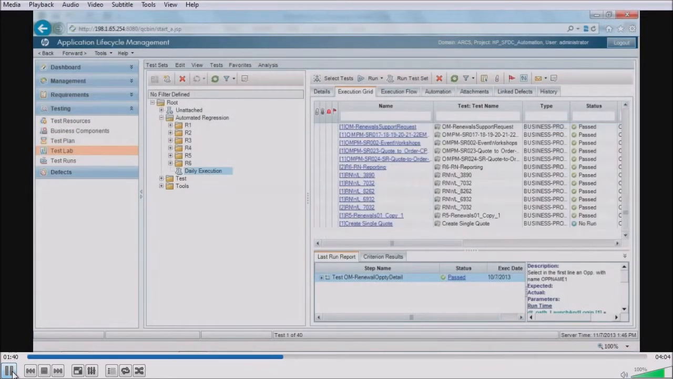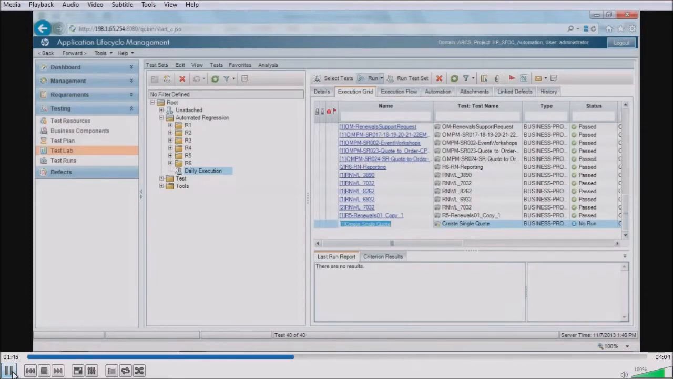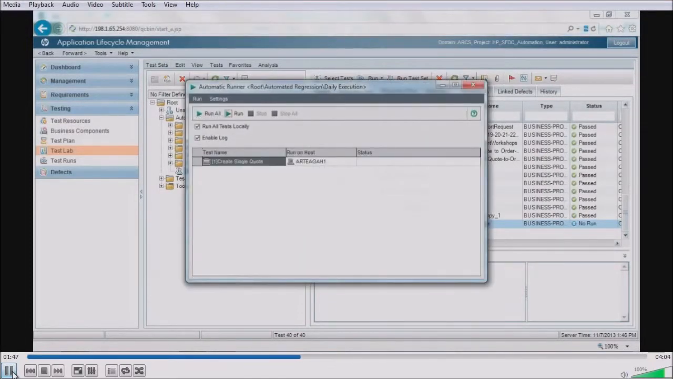So if we go over to the daily execution, we save that off. There it is, create single quote down at the bottom, and now we're just going to execute it. And this is what I like to call the Candy Crush moment, where you can get a cup of coffee